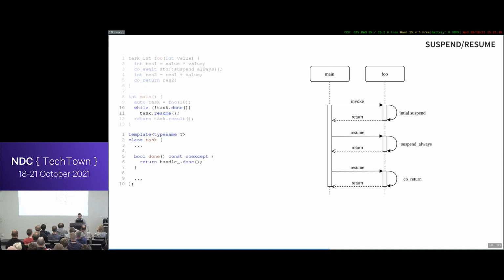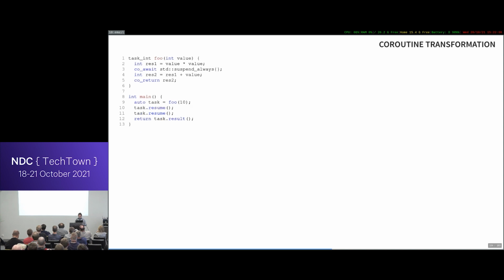We can do it by implementing the done function. It's basically called handle done, which tells us done will return true only if we hit the final suspend point, otherwise it will return false. So until we hit the final suspend point, we can resume again and again. Nice. Nothing else we can do here, just resume. Okay, so now we know how to resume, we know how to suspend, but let's try to be a little bit